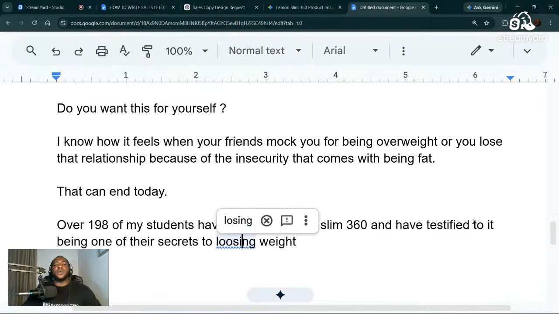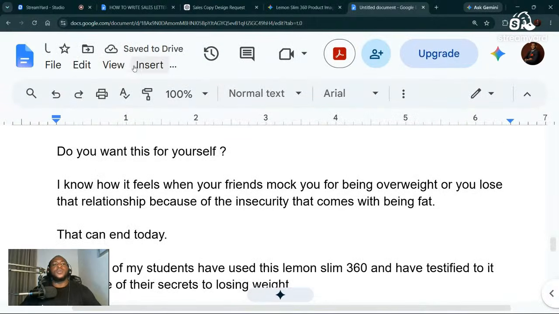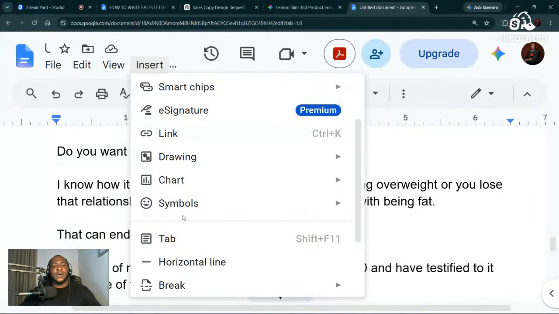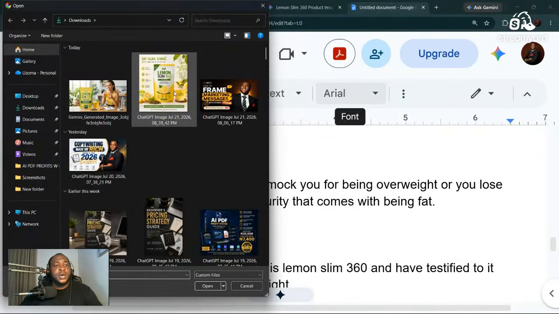You can see how we introduced the product. We did not introduce it by saying "introducing." We introduced it by presenting proof that it's not only you that is using it. So after that, this is where a pictorial example comes in. So right now we're going to go and find one of our images that we downloaded. So we'll go and find one of our images.